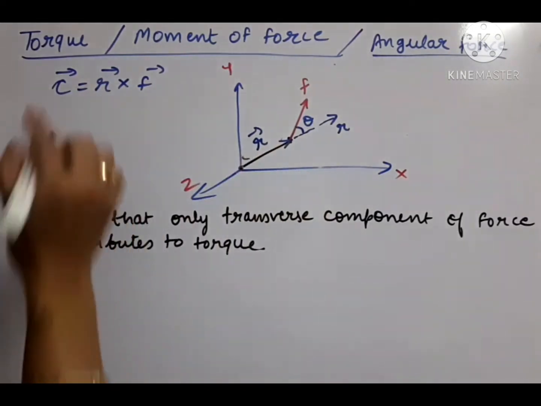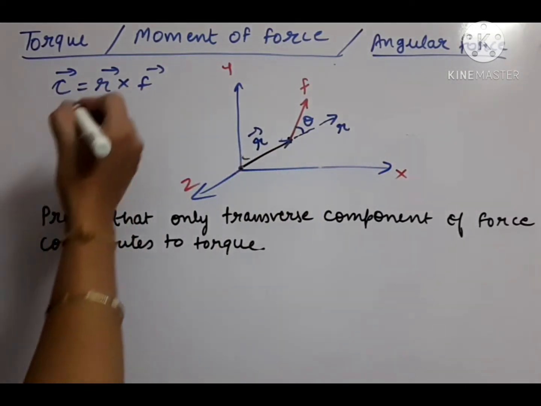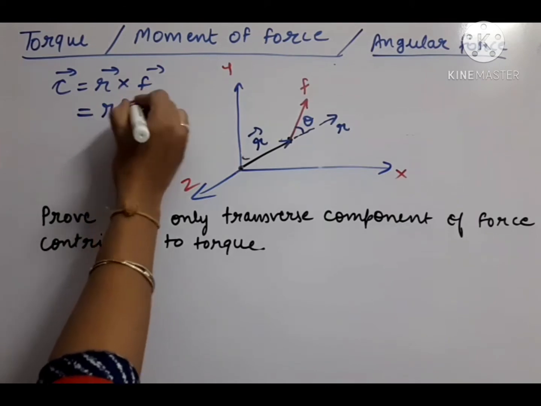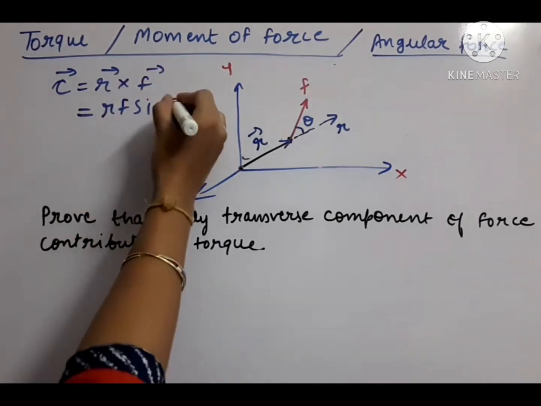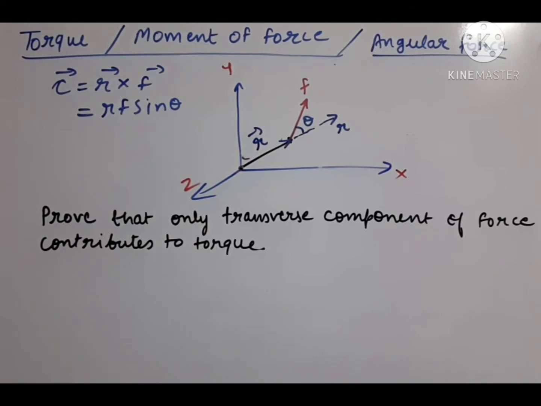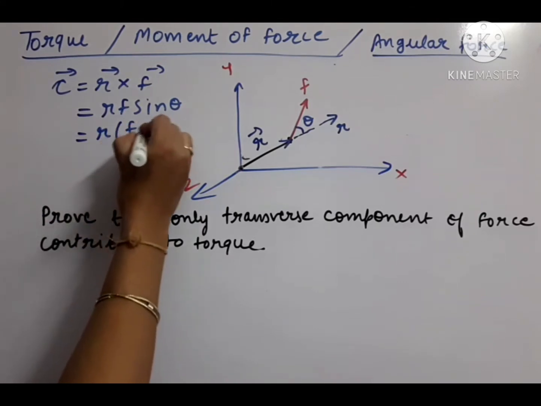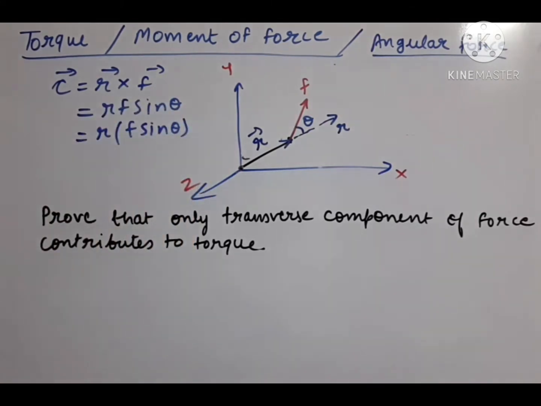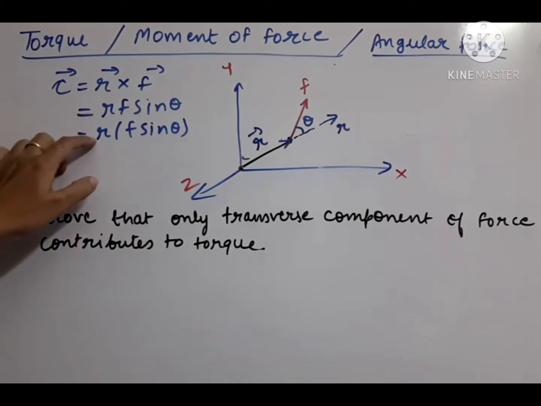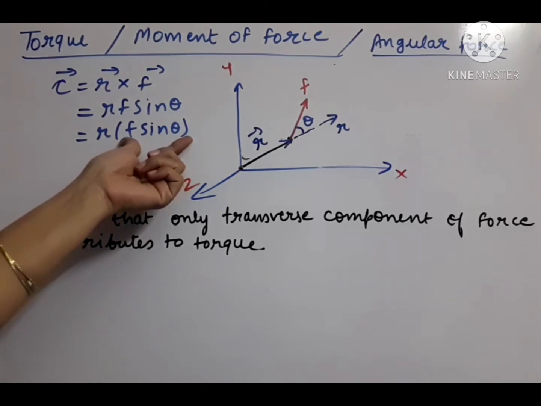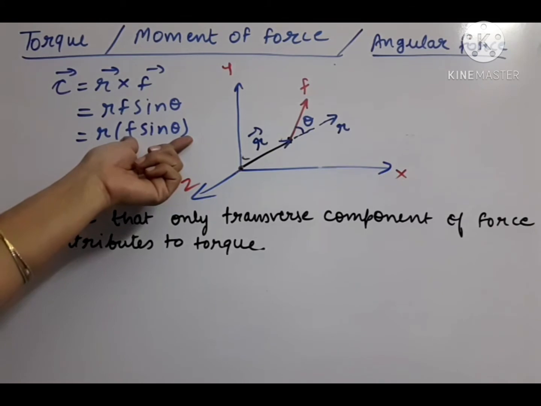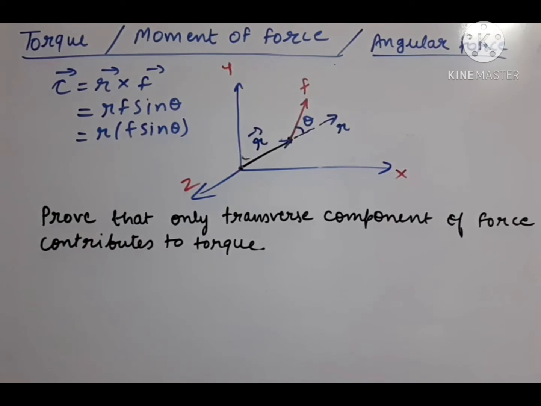okay, between r and F, if the angle is theta, so if we open this formula of r cross F, as we know this is vector product, so vector product A cross B means AB sin theta. So that's why it will become RF sin theta. Now what we can do, we can club together sin theta with F only. So R is separated and F sin theta is written together. Now it is suggesting us that F sin theta may be one of the components of F. We know that F components can be F cos theta and F sin theta. So let us try to make here two components of F.